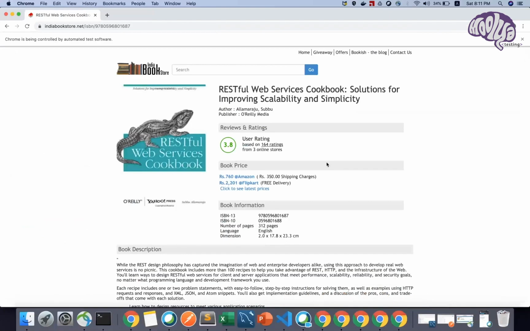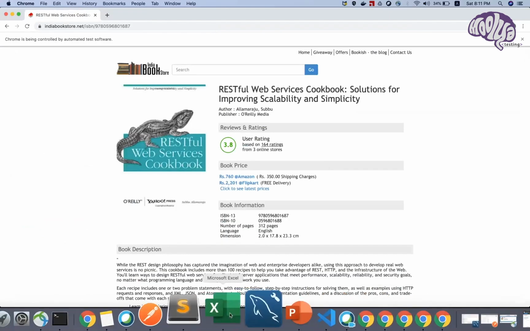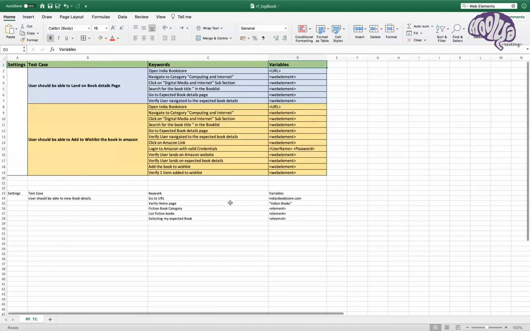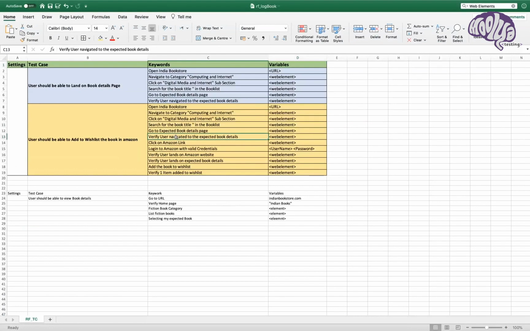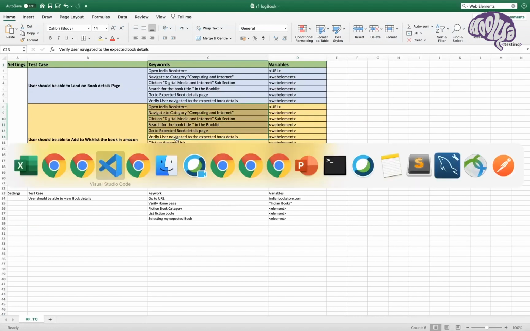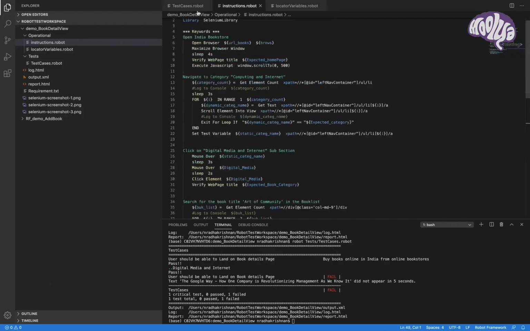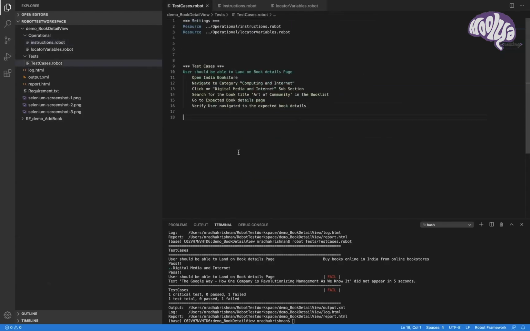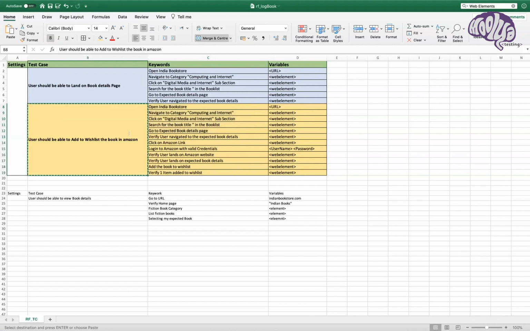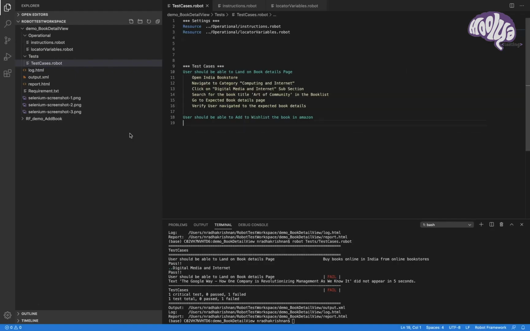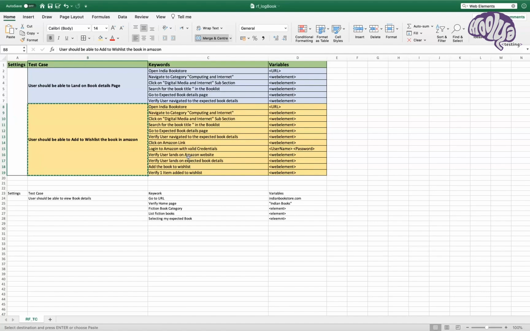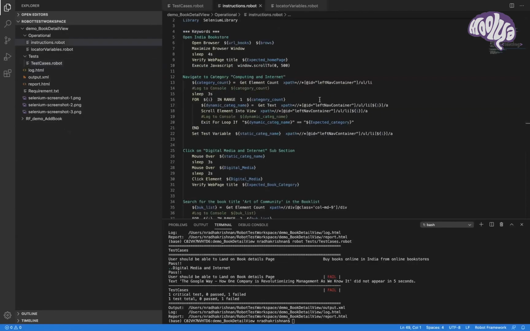Once you find it, I'll show you the test case name. So till here we have done verify. Till here it's all the same. You don't have to write the script again. You just need to make use of the existing keywords. Just create another test case here, mention the test case name, and then use the same keywords, or you can combine them inside a single one and call that out here. It's your call.